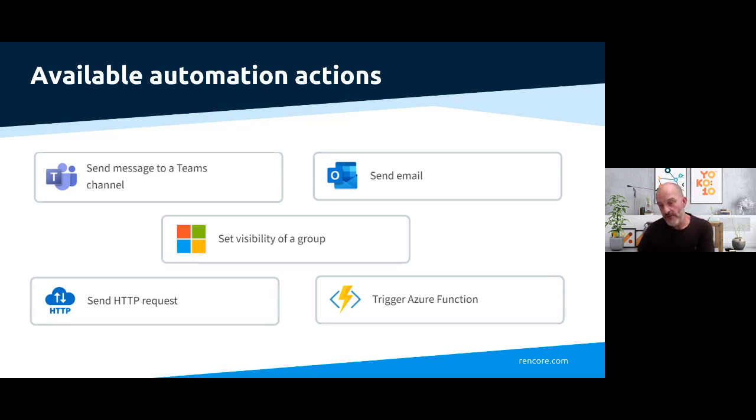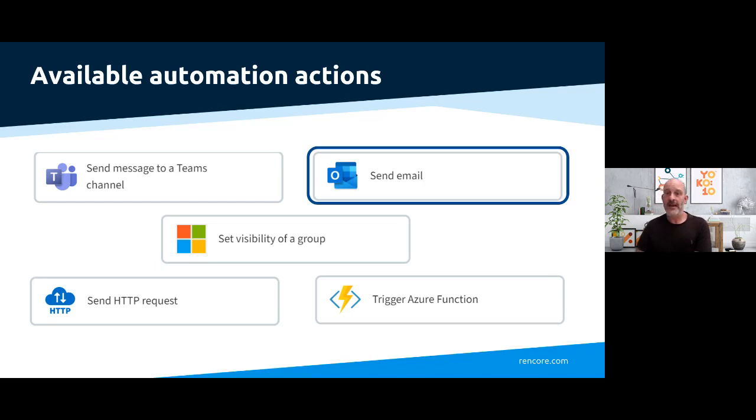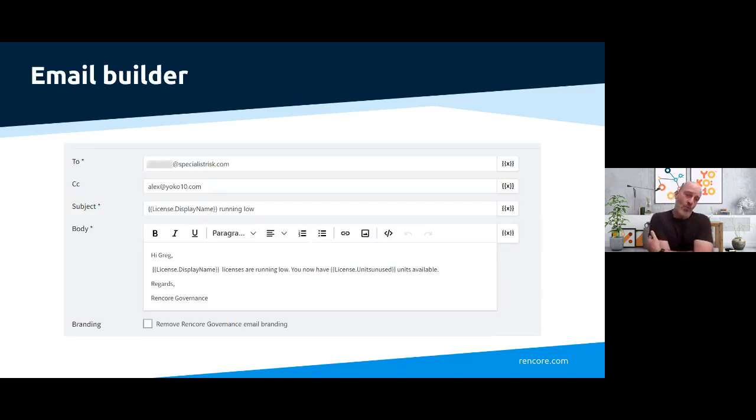For the purpose of SRG's needs at the minute, it turned out that we were just going to use the simple send an email action for now. When it comes to using that action, it's a nice simple process to go through. You build the email template through the GUI. This example here is for the check where licenses are running low. So if the number of available licenses for a particular SKU drops below 5, send this email.